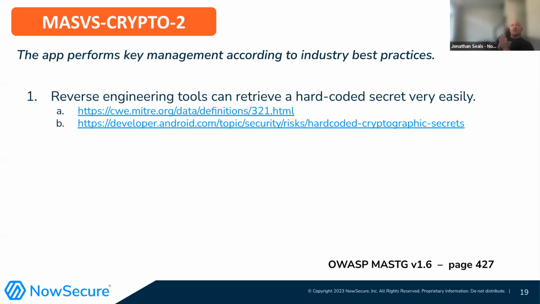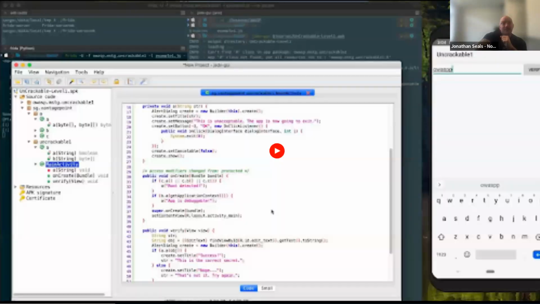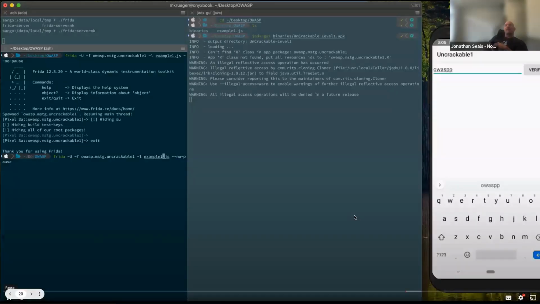Crypto 2, the app performs key management according to industry best practices. Here are some reverse engineering tools that can retrieve hard-coded secrets. Pretty easy if you start using them. And this shows how easy it is to use FRIDA to backtrace and